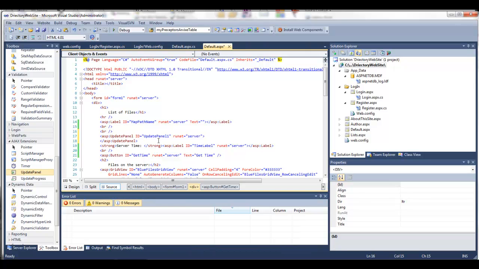Notice that this update panel basically has an ID and a runat server property. So let's call this update time panel as the ID, and then let's drag the closing tag of it